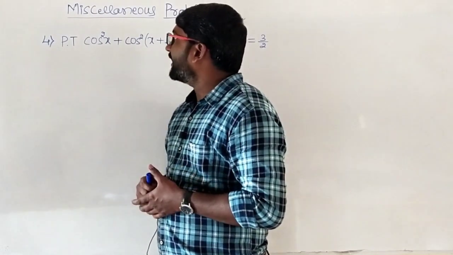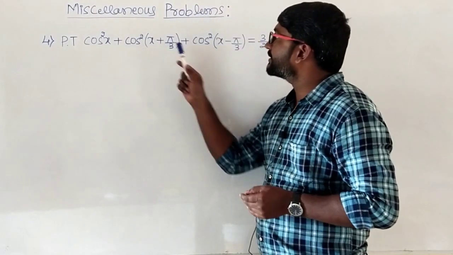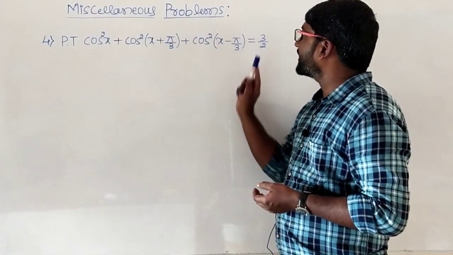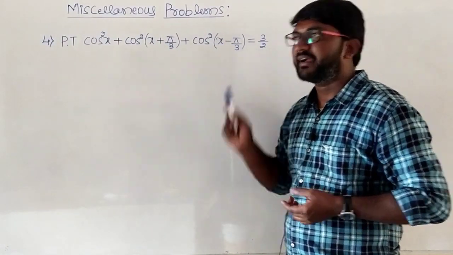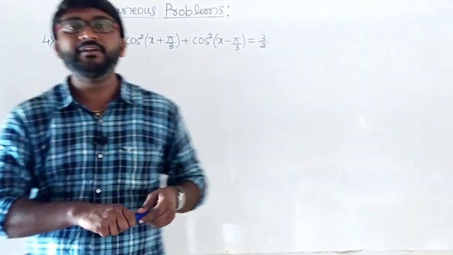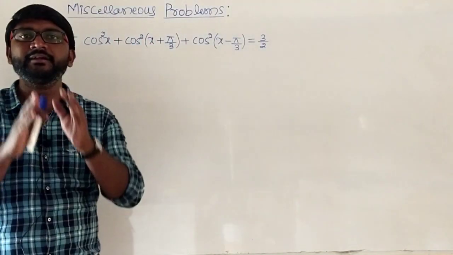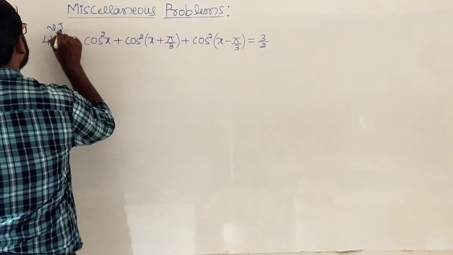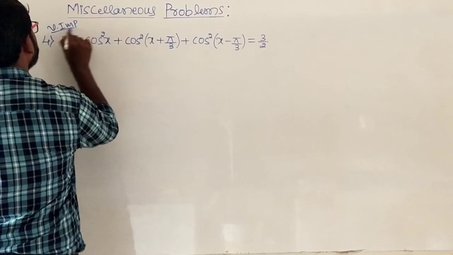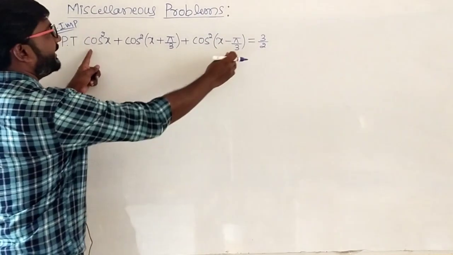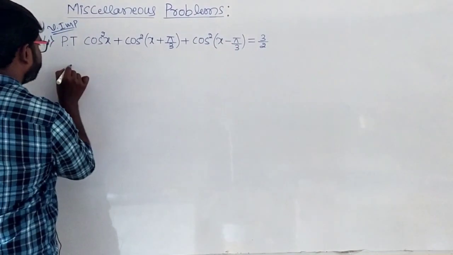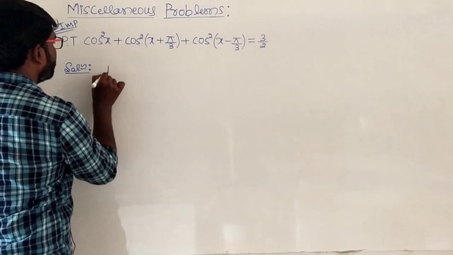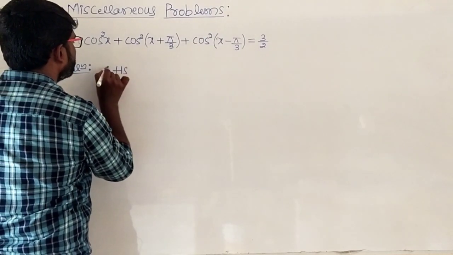Prove that cos square x plus cos square of x plus pi by 3 plus cos square of x minus pi by 3 is equal to 3 by 2. This has been given repeatedly for 5 marks in the annual exam, so mark this as very important. Now I'll be taking this as LHS. So here LHS, which is equal to,